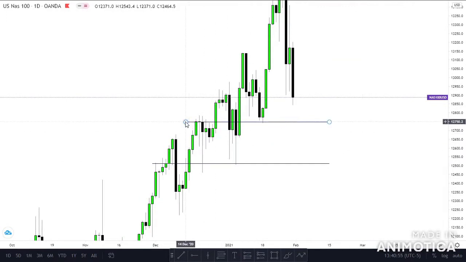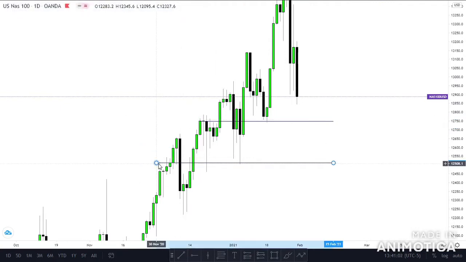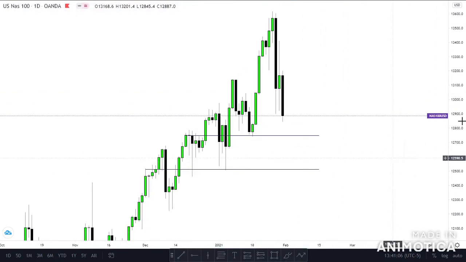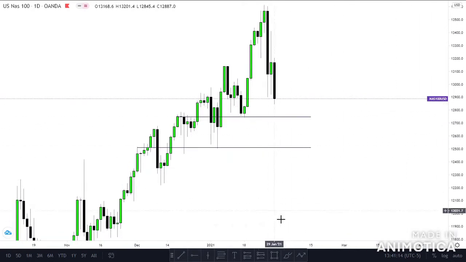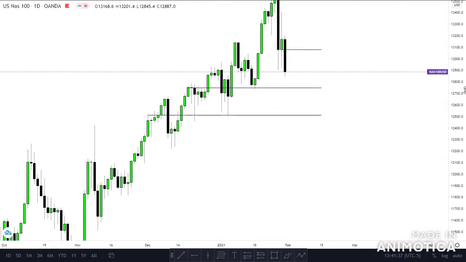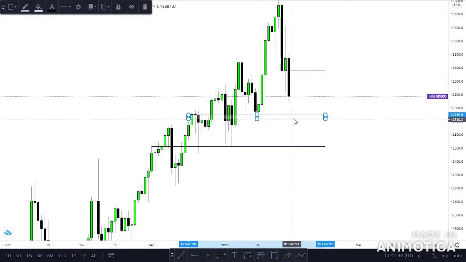Just mark this out neatly. So on the daily time frame we can see that we're heading towards the structure right here. If we do get a move off of this level, we can then look for sells off this level right here, this candlestick right here. So then these are the two areas I'll be looking for buying opportunities. This one right here,